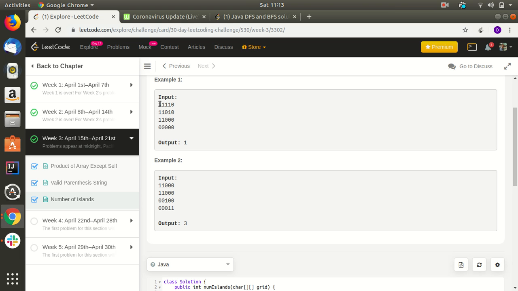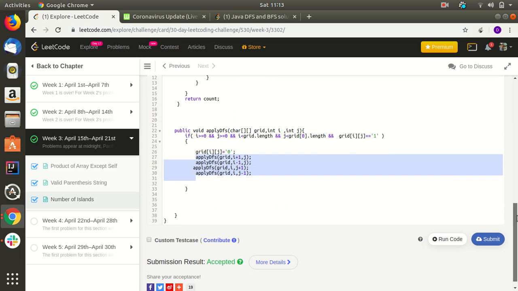So we will be calling 0 1, which is this, and 1 0, this. The left side and upside would be 0 minus 1, which will be over here, and this will not be called because we have added these conditions: i is greater than or equal to 0 and j is greater than or equal to 0, so it will not come inside.